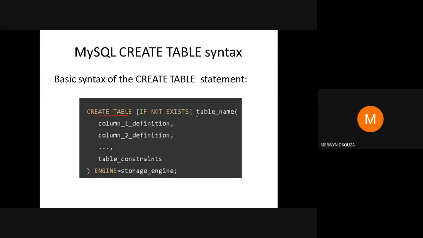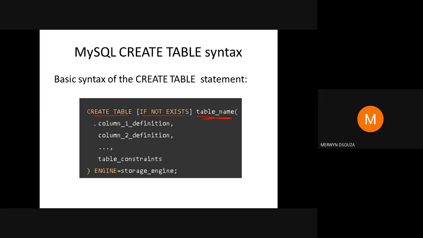The table name that you specify should be unique in the database. The if not exists keywords are optional. It allows you to check if the table that you create already exists in the database. In that case, MySQL will ignore the whole statement and will not create a new table.